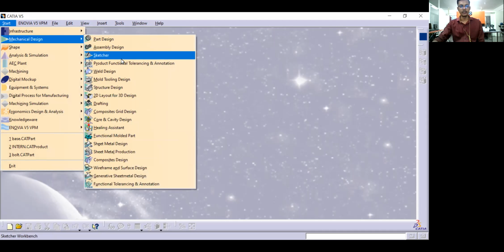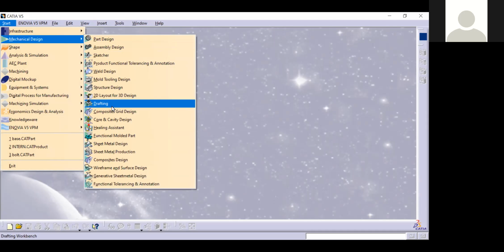The first one I told you is Sketcher, right? Yes, sir. The second one is Part Design. The third one is Surface Design. The fourth one is Sheet Metal, so we have Generative Sheet Metal. The fifth one is Assembly Design, and the last is nothing but Drafting. You'll get it here. Okay.